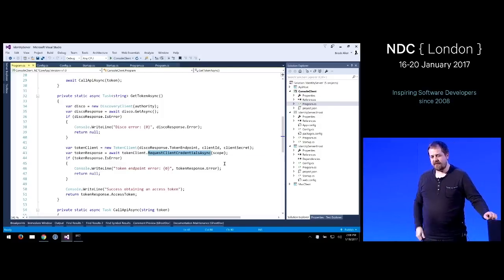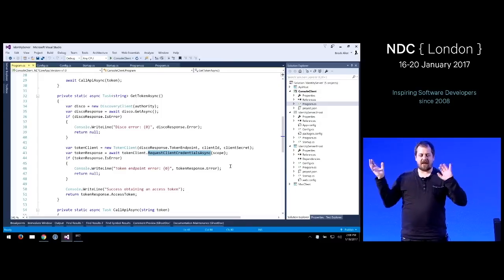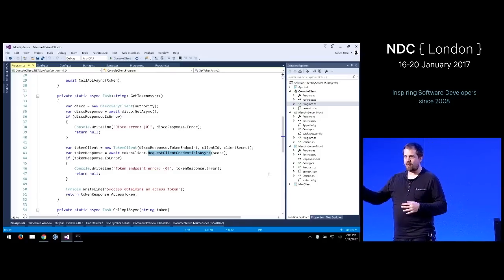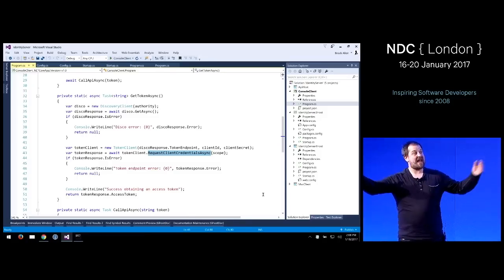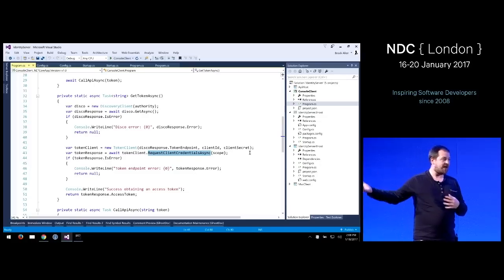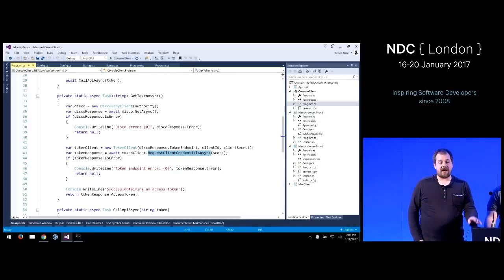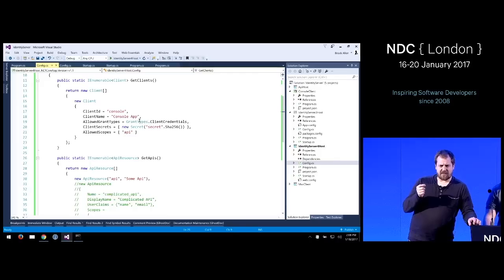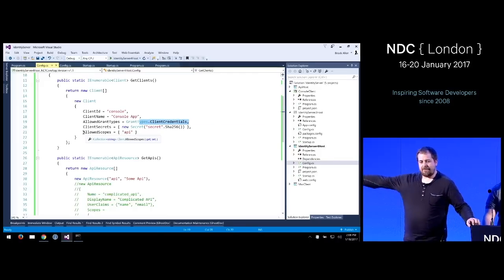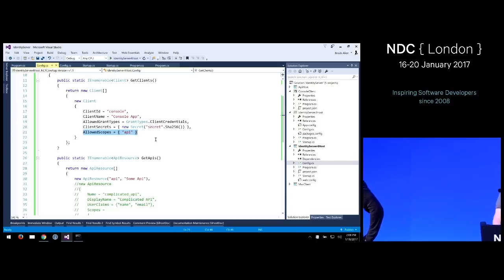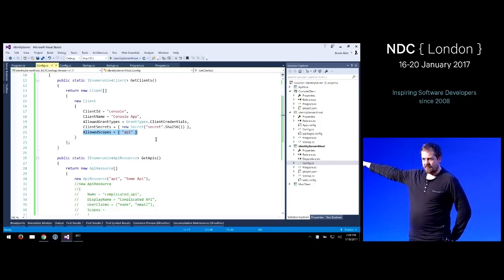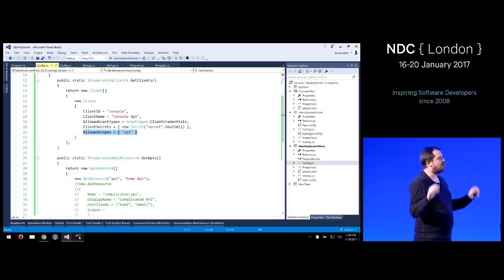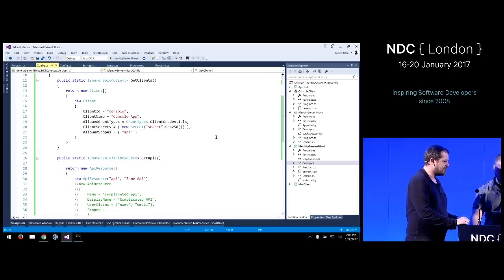Again, we got feedback saying, in my data center, I have all these clients and all these scopes, and whenever I give that client access to another scope, I have to update IdentityServer, and I have to update the client so he knows to ask for this new scope. So what we did now for client credential flow and for resource owner is, if you don't ask for a scope at all, you get all the scopes which are in the allowed scopes list. This reduces a bit of the management, the ceremony every time you're changing a configuration.